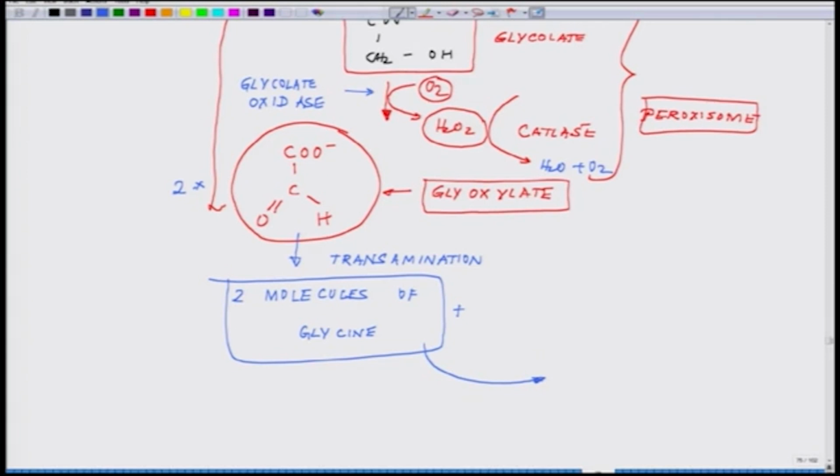This second reaction takes place in the mitochondria, where the two glycine moieties, glycine plus glycine, form a serine,